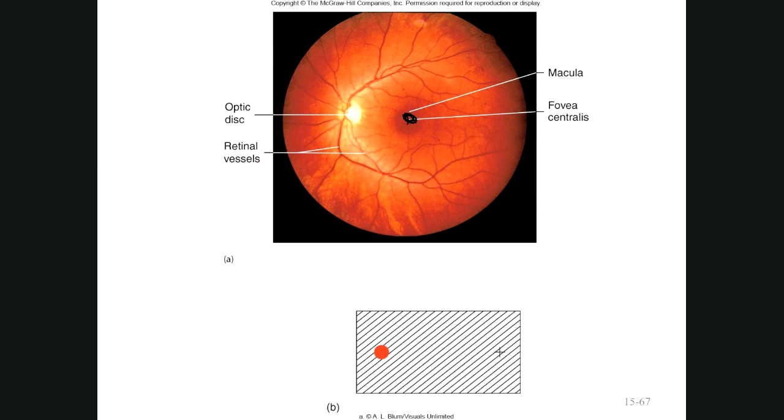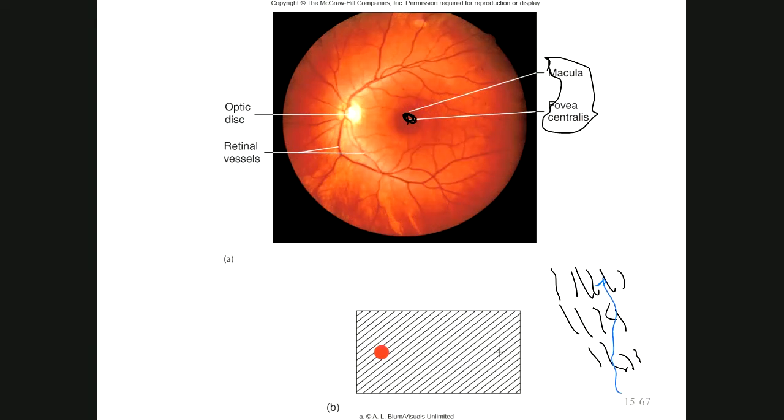So remember, we have these two places. This is where all of those cones are. But cones, remember, are attached to another cell, and they're attached to another cell. And remember, the light has to go this way to get to those cones. And so some of this light would be blocked off. But what happens is, in the fovea, it's shaped like this because these other cells are folded off to the side. And so the cones are exposed